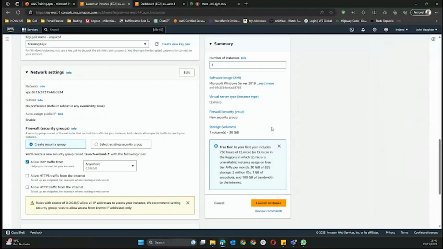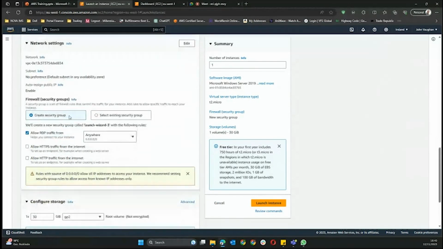All right. So, on the firewall security groups, because we are working with a Windows computer, we want to connect to our machine after it has been created or set up using RDP, similar to what we did on the Azure platform. So we're going to keep it at RDP. If for some reason you want to access your server via HTTPS, you can always do that as well. If you want to limit your access to your VM using a security group, you can always do that. We don't have one yet because this is a brand new AWS account,